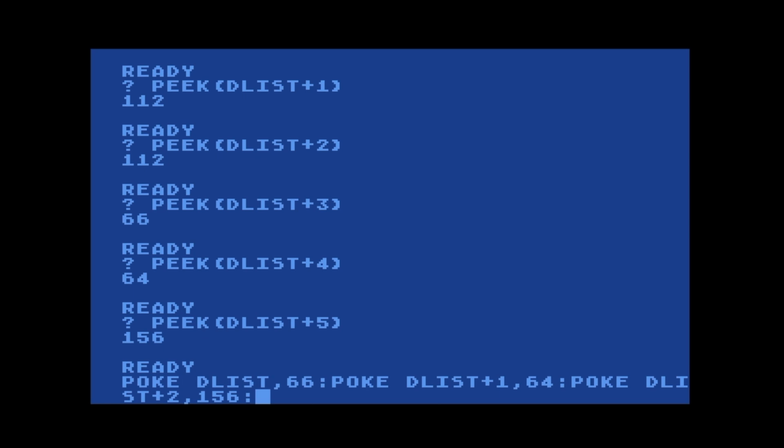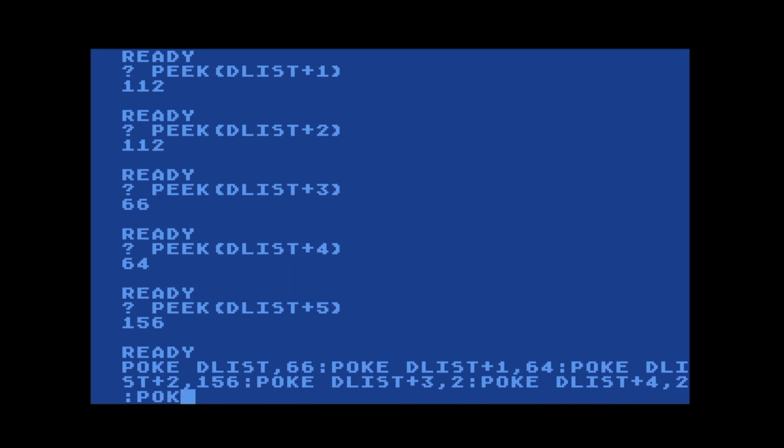They can't just be placeholders. So we're going to poke display list plus 3 with a 2, meaning graphics mode 2, text mode 0. Poke dlist plus 4 with a 2, and poke dlist plus 5 with a 2. Now,